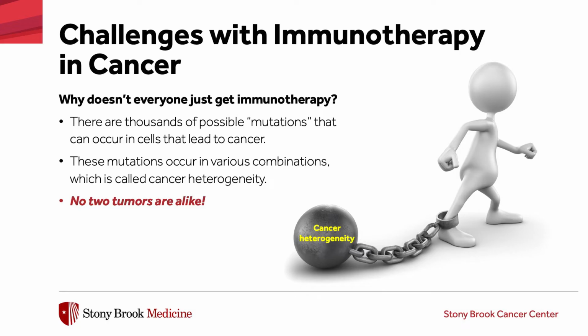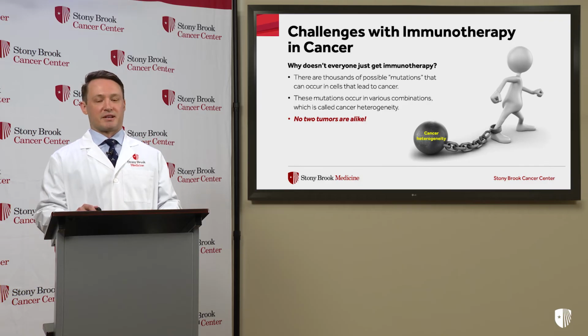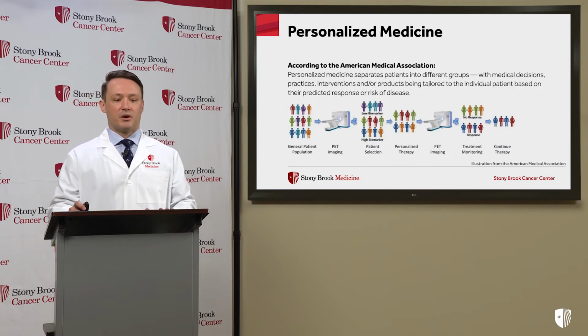So immunotherapy, as I've mentioned, has been around for decades now, but it doesn't work for every cancer. And that's because cancers are different. Not everybody's cancers are the same. That means that immunotherapies aren't always going to work for everybody, because there are thousands and thousands of possible mutations, and an even larger number of combinations of mutations that can occur in cancer. This is what we call cancer heterogeneity. So basically the main point here is that no tumors are alike, and this makes it somewhat difficult to effectively employ immunotherapy as a blanket type of treatment for many cancer patients,